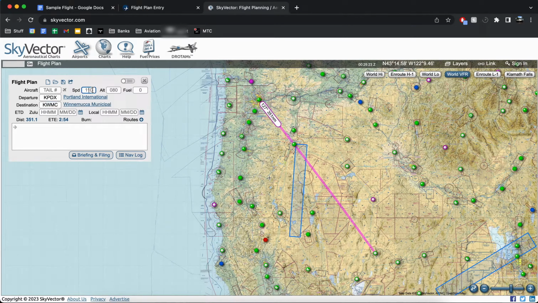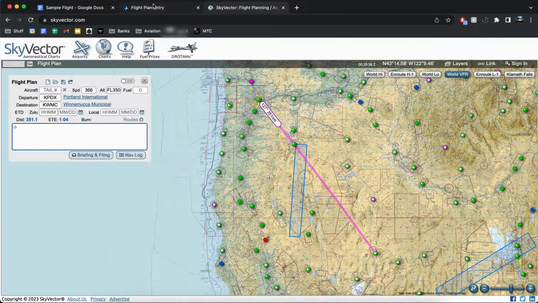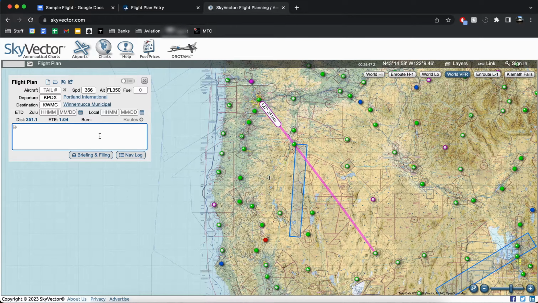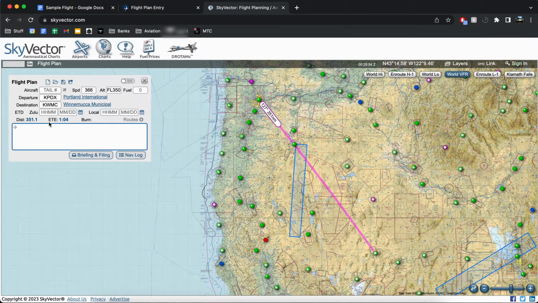Let's see, speed. It doesn't really matter at this point what speed we're going to put in. I'll just put in 366 at FL350. So with no wind, this seems to think an hour and 4, whereas the flightplan.com aircraft profile performance was set up where no wind would show an hour and 14. But we're obviously going to use the flightplan.com performance. Anyway,